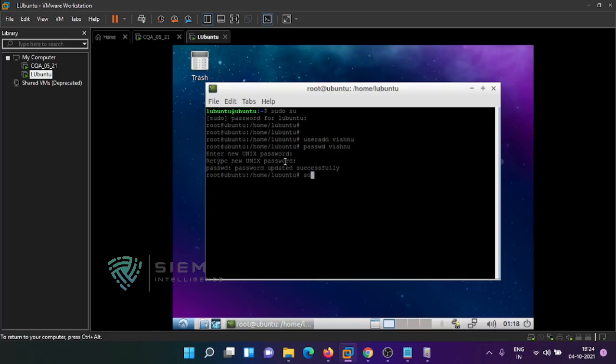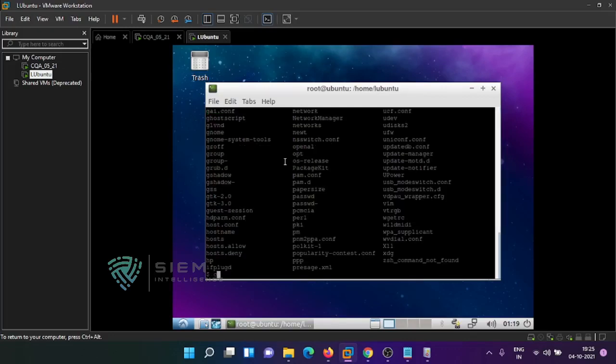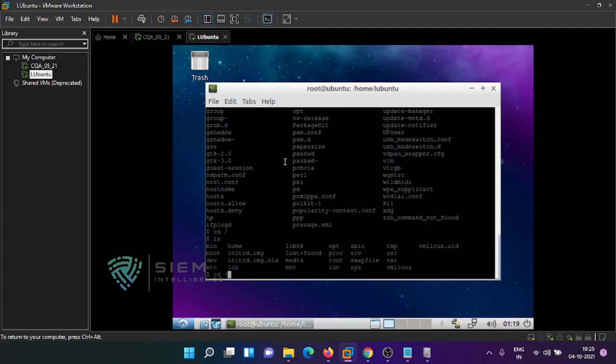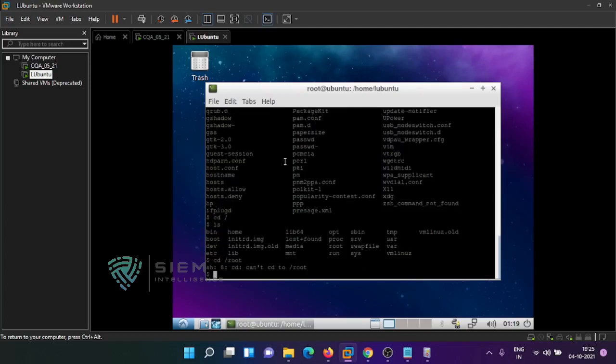Now su Vishnu, I'm changing over to Vishnu. Yes, I'm doing exit. I want to go to cd /etc. I want to go to the root folder also. I can't go, I'm doing some deny activities. I want to go and edit some file.